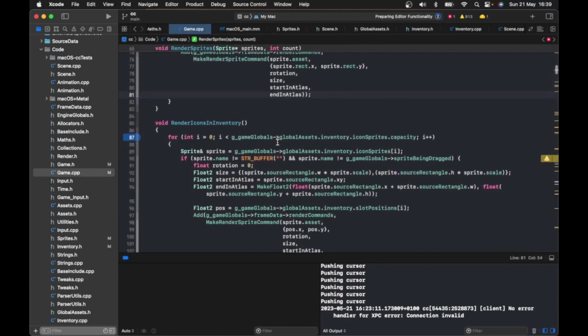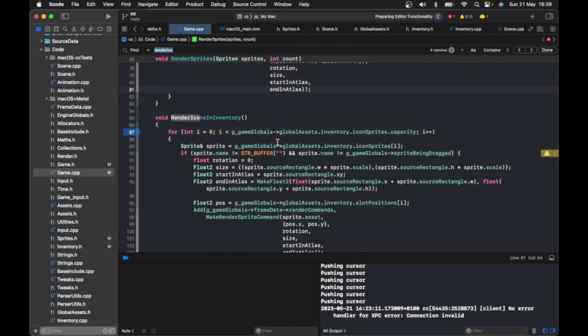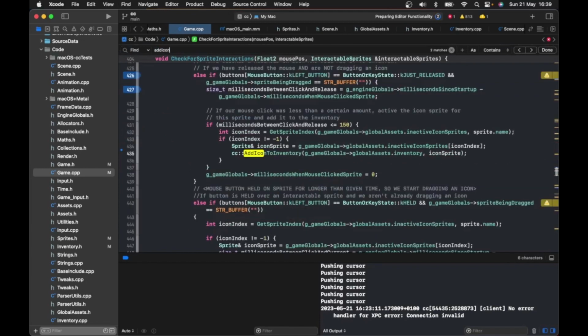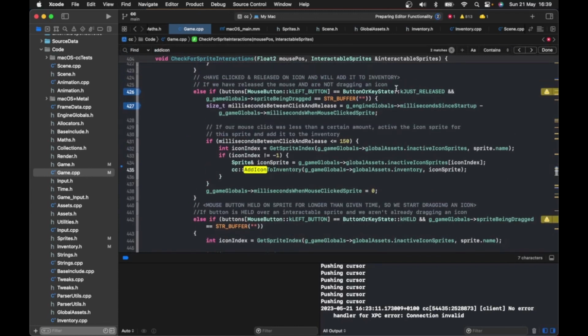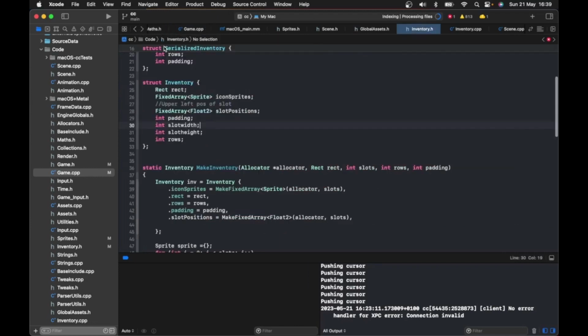for example, let's see if we've got one here. Now, add icon to inventory. So here it's when you have, I think, just clicked and released on a sprite, so you want to add it into the inventory. You call this add icon to inventory, and it will just find an empty space in the icon sprite array, put your icon in there, and then when it comes to drawing